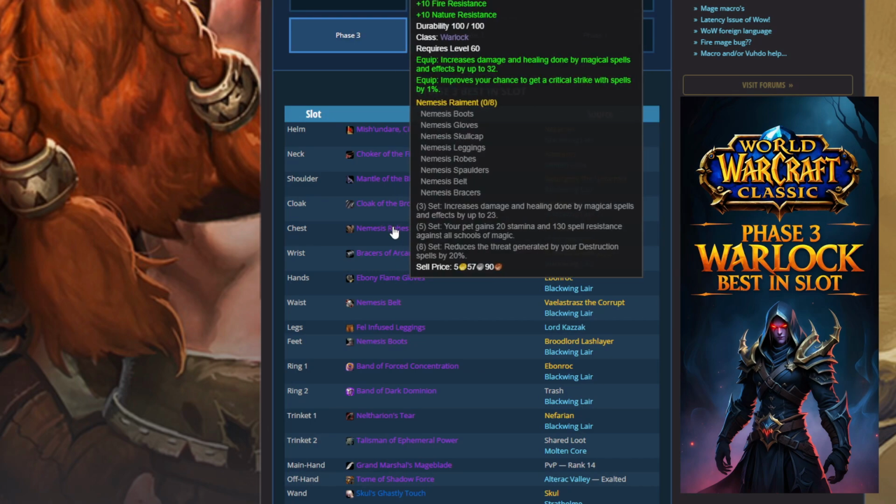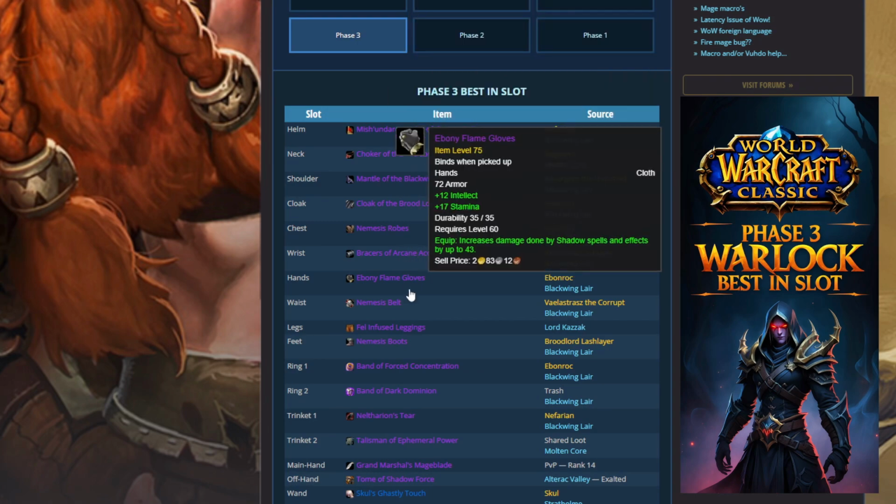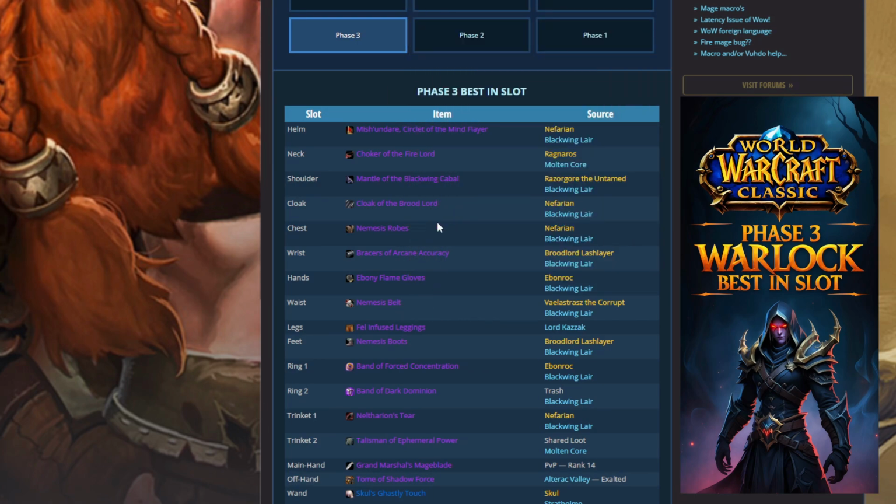And then from there, organically, you're going to get the set gear to be able to complete the 3 set that you're after. Make sure you do farm Molten Core to get some of the items that carry over. That will help you drastically, so you don't have to mess with that. But those are the 4 things that I would really go